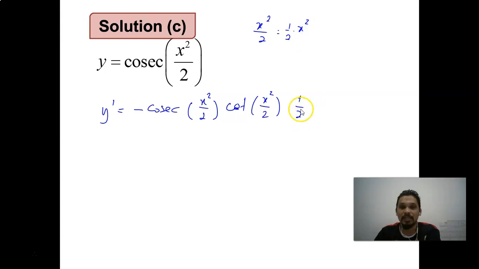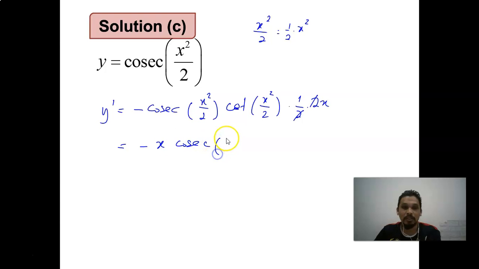So then differentiate half x squared, differentiate x squared: 2x. Okay, so then here now 2 divided by 2. Okay, so then simplify, bring x in front here: negative x